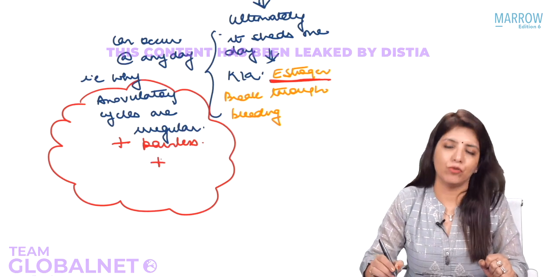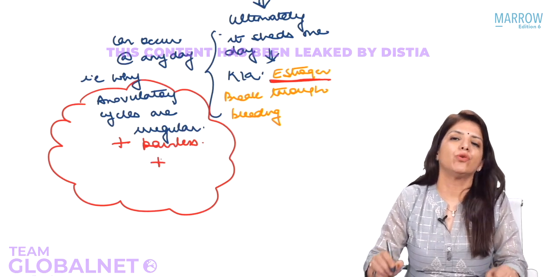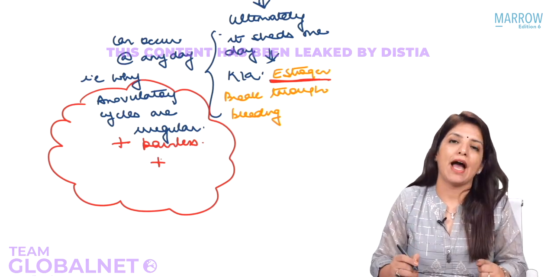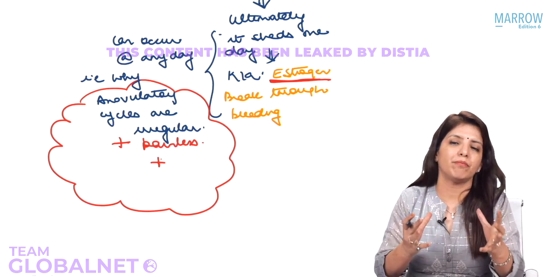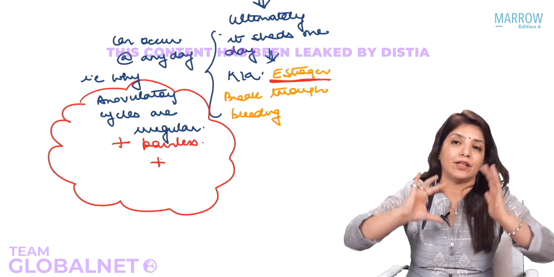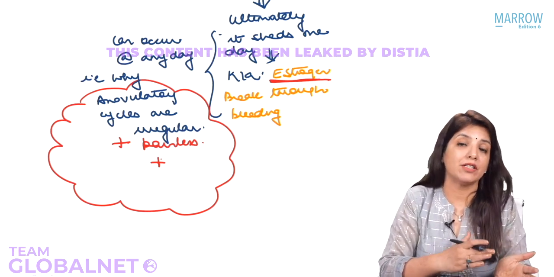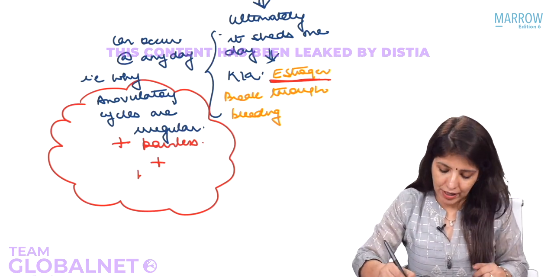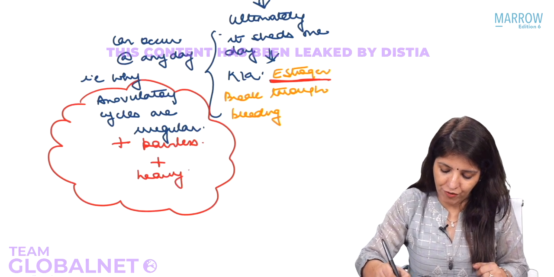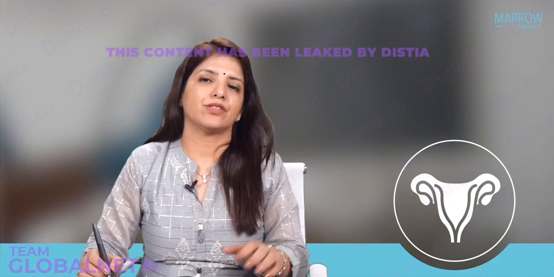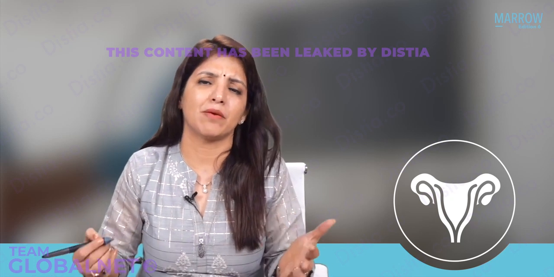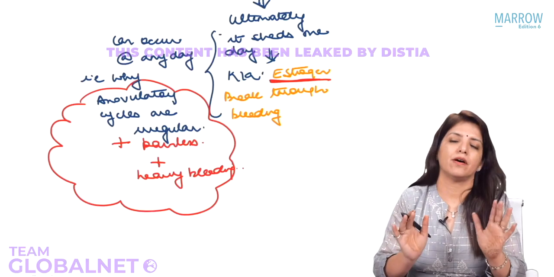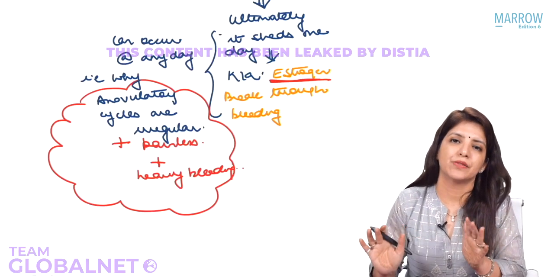Right? Third thing about anovulatory cycles. Anovulatory cycles are due to estrogen. And what was estrogen doing? Estrogen was proliferating the endometrium. And at the time when the proliferated endometrium becomes weak, it sheds. So if the entire proliferated endometrium is shedding, that will lead to a lot of bleeding. And that is why anovulatory cycles have excessive blood loss. They have heavy bleeding. The patient will say that her cycles are irregular. Sometimes they come in 2 months, sometimes in 3 months. They are painless and there is a lot of bleeding. Right? This is a characteristic of anovulatory cycles.